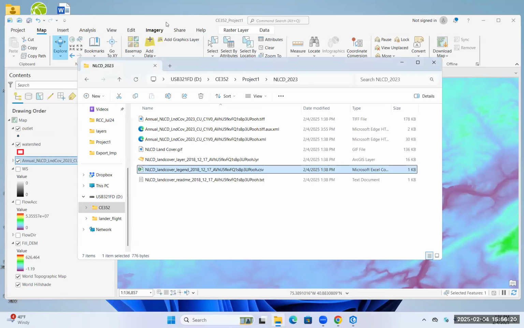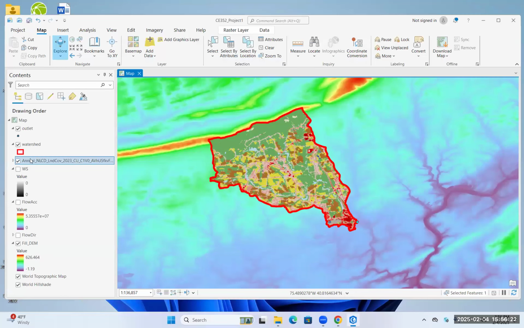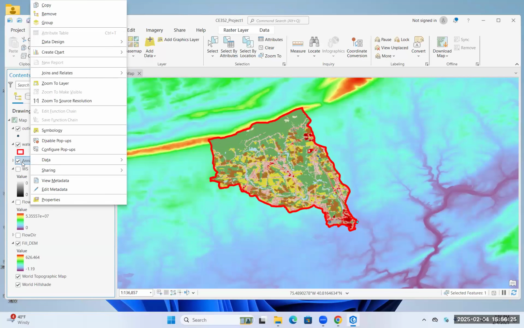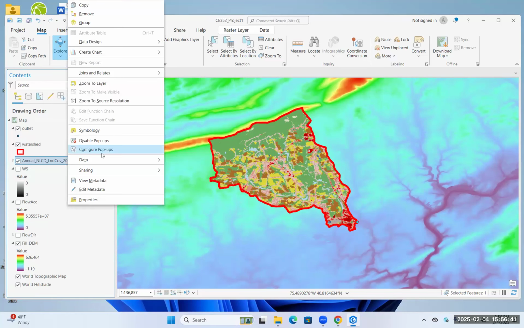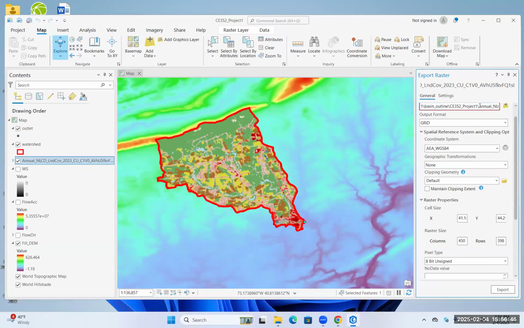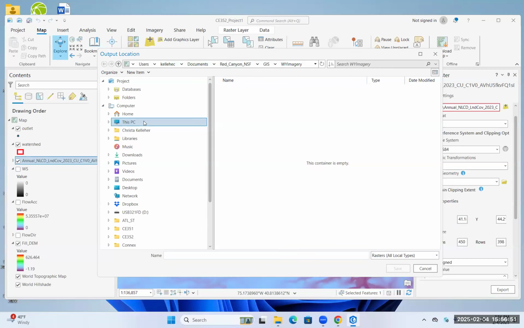I'm going to go back here, my project folder, and where I usually get information about the number of cells and what their values are is in the attribute table, but this is grayed out. And this is the very annoying thing about ArcGIS, is you have to sort of think outside the box. So it turns out if I right click on this and I go to data and I go to export raster,